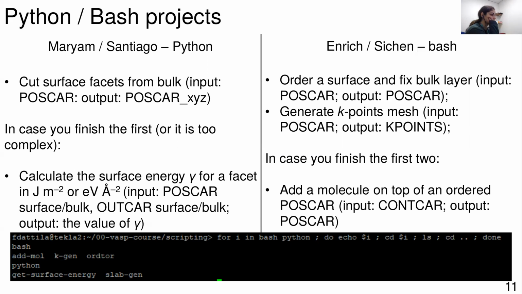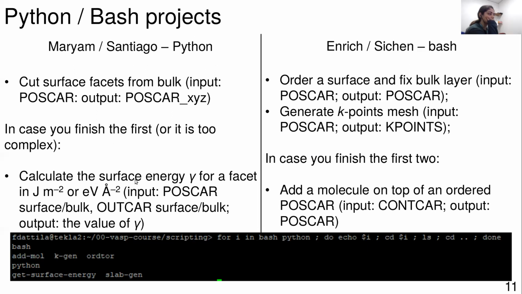So you just divide the 30 by the lattice vectors, and then you put these 3 numbers of the k-points, kx, ky, and kz, inside another part of the script that is printing you a KPOINTS file in line with the Monkhorst file. Okay, and then we go to the next one. In the case of Mariam and Santiago, if you find that this one is too complex, then move directly to this one. This one is much easier, okay?